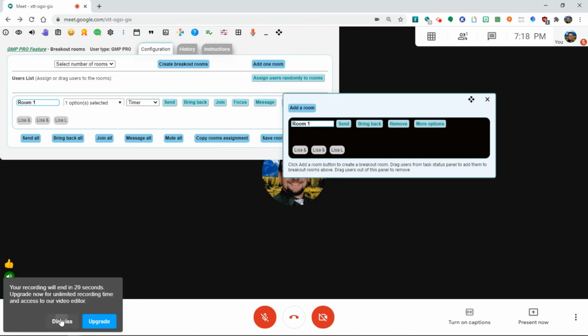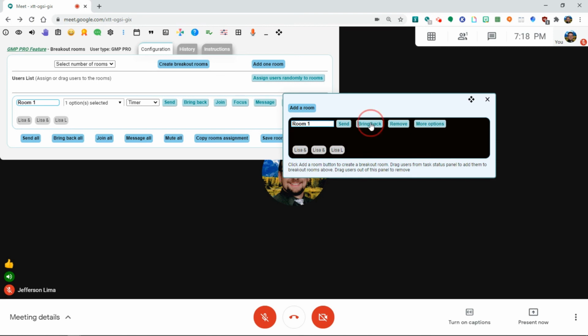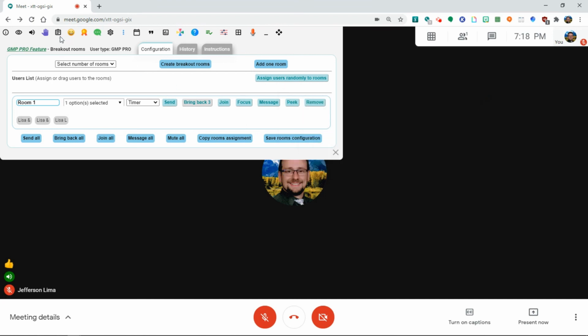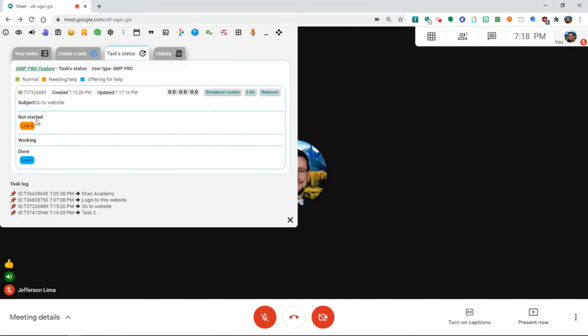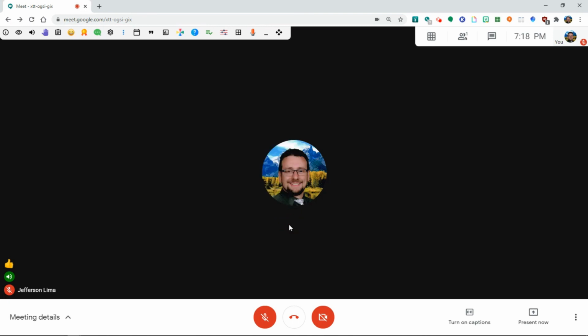You can also decide to bring back those students from that room if you want to, and then they will return to the meeting just as they would. So it's an integration with the breakout room feature to allow students to help each other with a task if they are so inclined. And of course, this allows you as a meeting host to keep track of where everybody else is with what